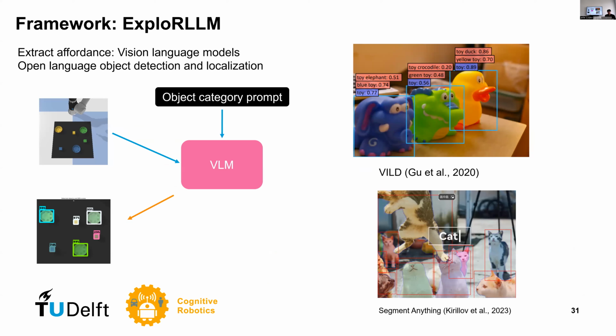To be detailed, we use a vision language model to extract affordances. Vision language models are trained on large-scale vision image data and vision language data, and can work well in situations that you have not seen before. For example, we use ViLD as our open-vocabulary detector to detect the objects in our given image. Some people also use Segment Anything to find segmentations for the task they are doing. It's a widely used pipeline in robot perception.